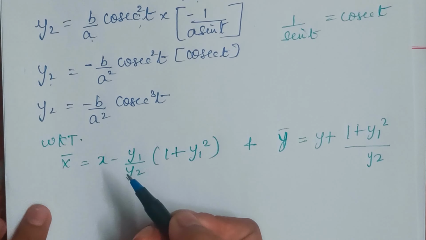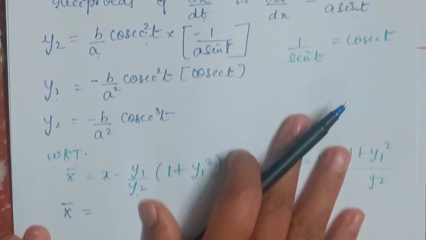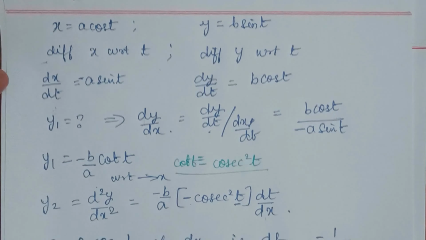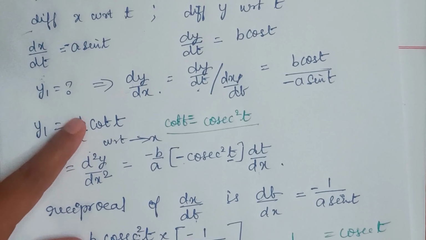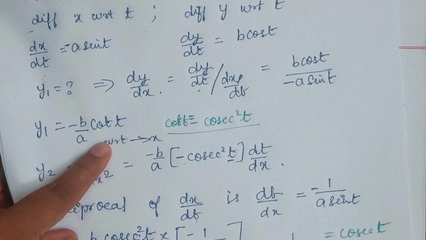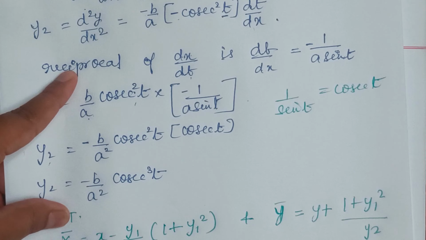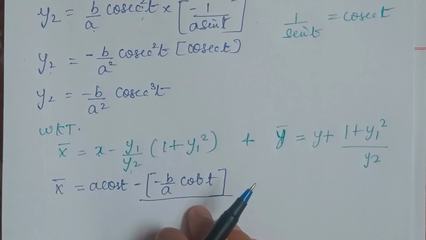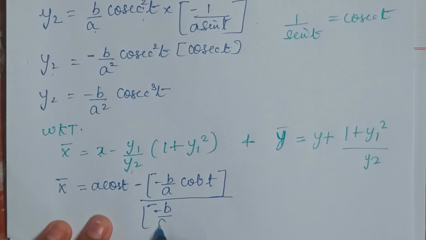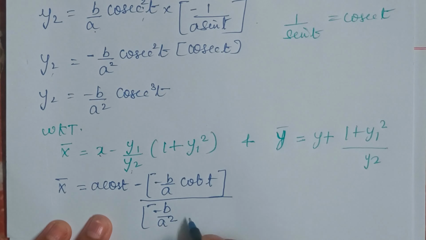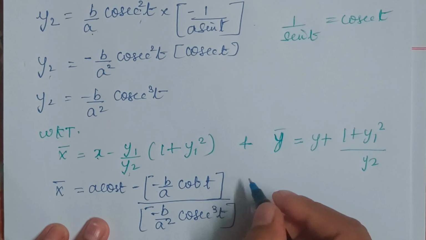So x bar is equals to, x is what? A cos t, parametric form, right? So I will write a cos t minus y1, which is minus b by a cot t, into minus b by a cot t, divided by y2, which is minus b by a square cosecant cube t, correct? Into